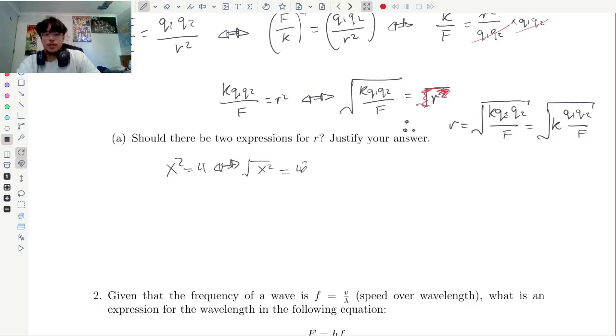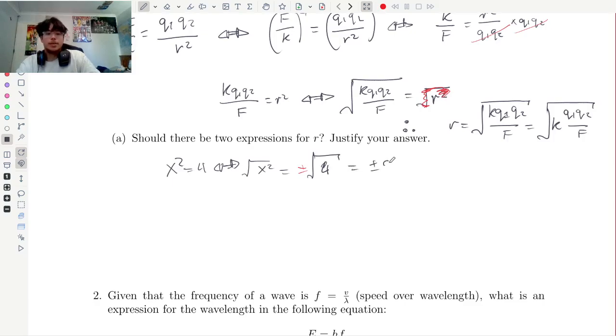equals square root of 4, and I get that x is equal to 2, right? But what if x is equal to minus 2? Well, minus 2 squared is equal to minus 2 times minus 2, which is equal to 4. So when we take the square root, we need to actually do a plus minus square root of 4, because